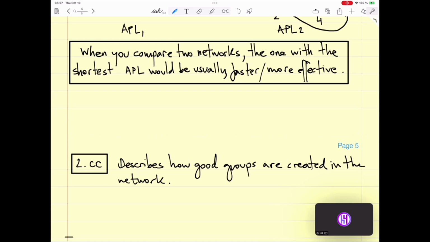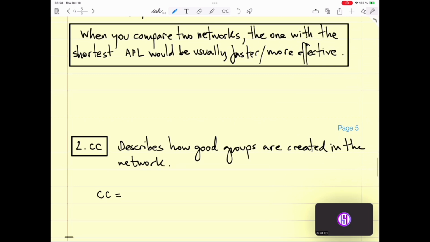The formula, I mean, when you have a group of people in one department, you want them to communicate effectively with each other, right? So you want to have a cluster where everyone knows what's going on and the information goes around effectively. And then you have a cluster of friends and they know each other, they know more about each other than they know about somebody in the street, stuff like that, okay? So the clustering coefficient, the formula is 1 divided by n